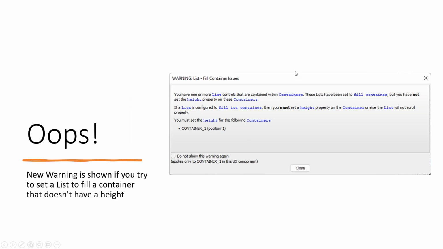We've also added a new warning, which, warnings are always not great. They always feel rather rude when they pop up, but this one's actually important. If you put a list control in a container that doesn't have a height and you tell it to fill